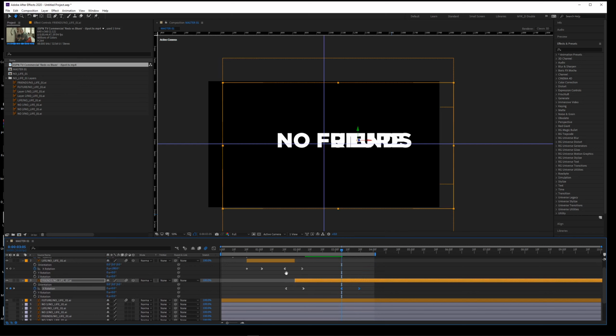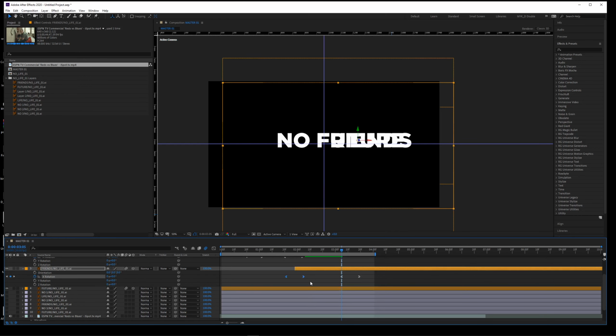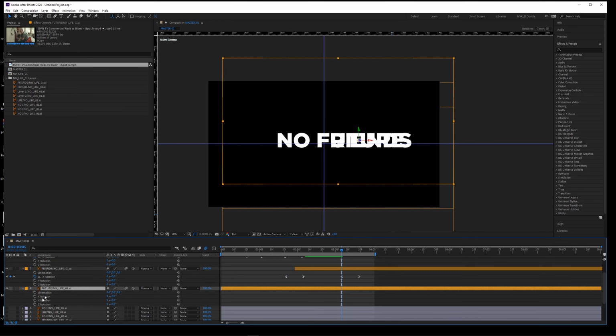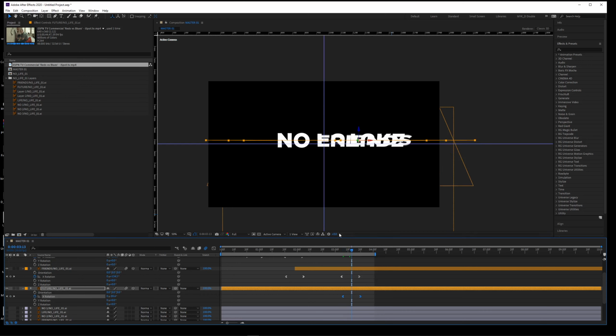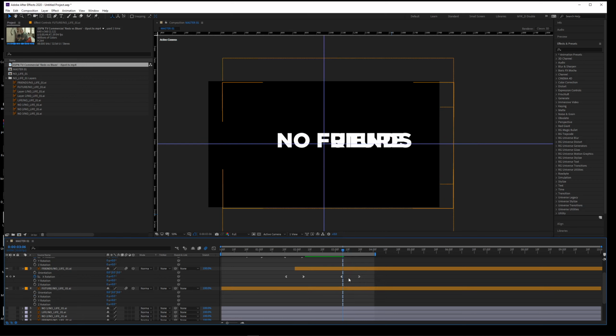From the top one that flips down, we'll use the flip down ones, and do the same thing right here. We'll copy and paste this layer's flip down ones and then offset by about 1 frame. So that's a piece of cake, and then again when it gets almost halfway,